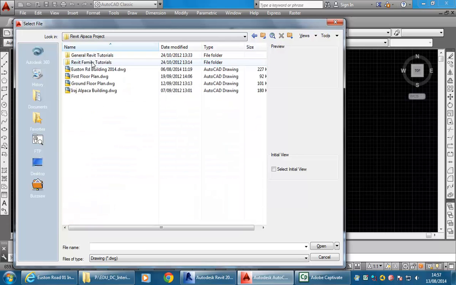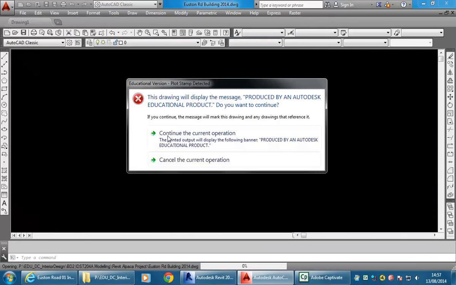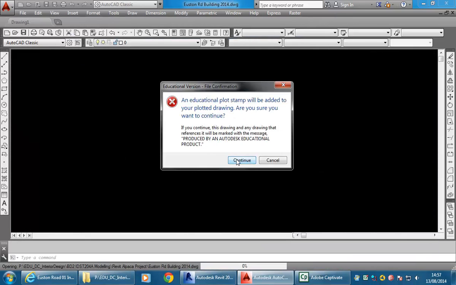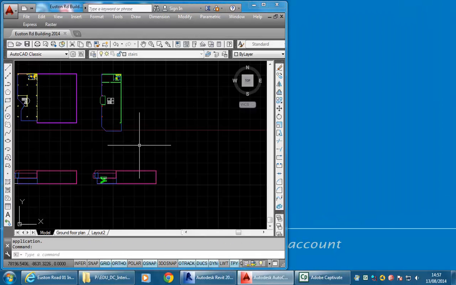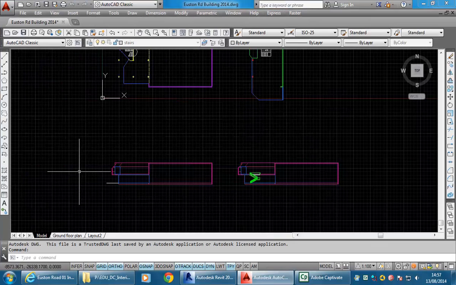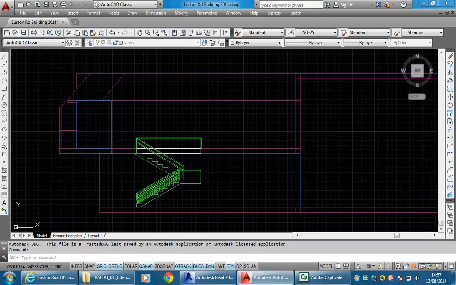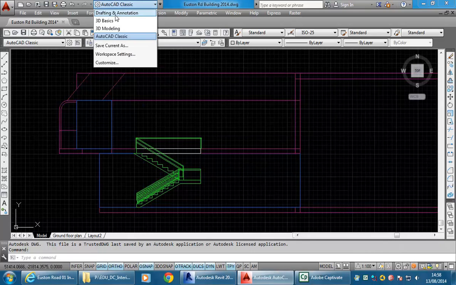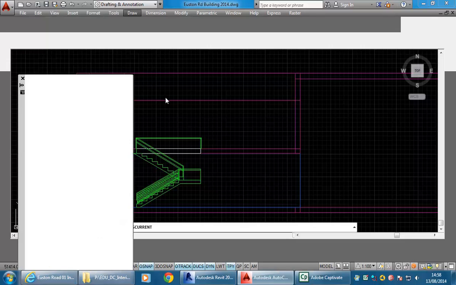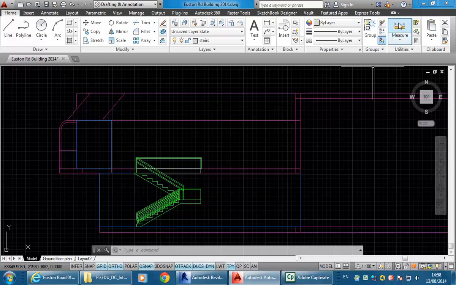In the Revit Alpaca project, you have Euston Road Building 2014. Continue, and there we are. I've got the sections, just maximise that, which should give me a pretty good idea of the heights, hopefully. Let's change back to the ribbon. And if you want to, you can insert this section into your Revit file, but it's not going to help